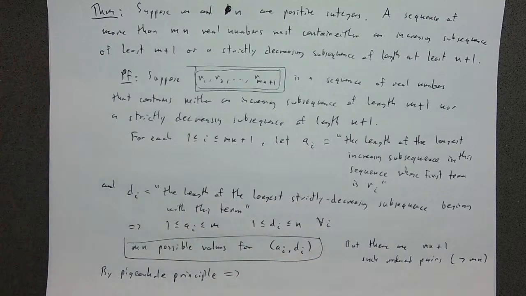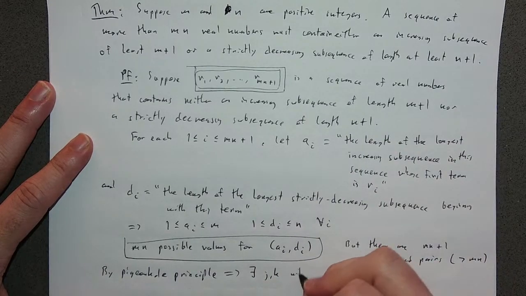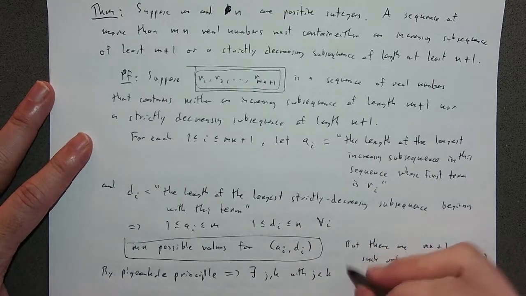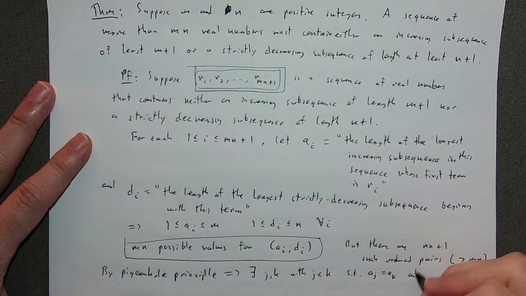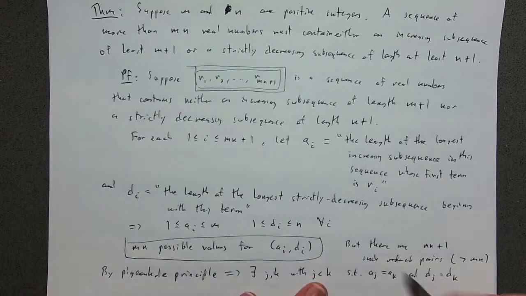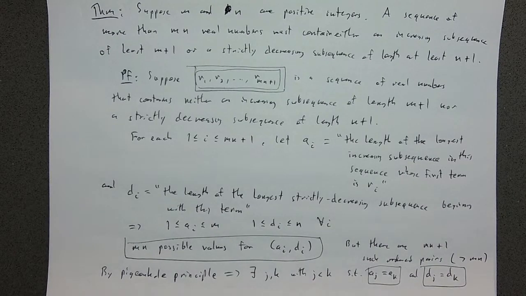what does this mean? There exist two integers, j and k, with j, say, less than k, we've labeled them like this, such that a sub j is equal to a sub k, and d sub j is equal to d sub k. Some of these have to be equal. Why? Well, this is us saying that